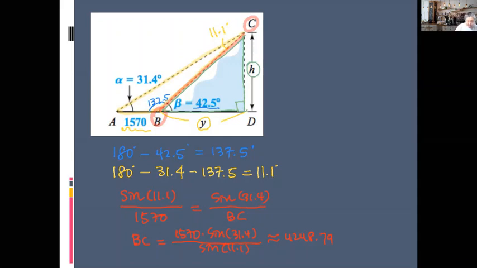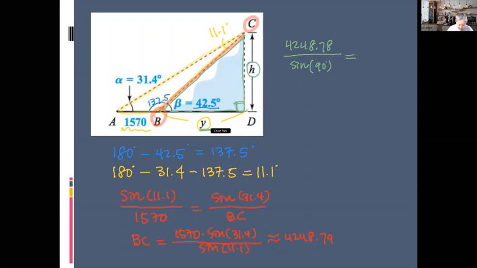Now another set of law of sine for us to set is BC, which was 4248.79, over sine value of 90 here, is the same ratio with